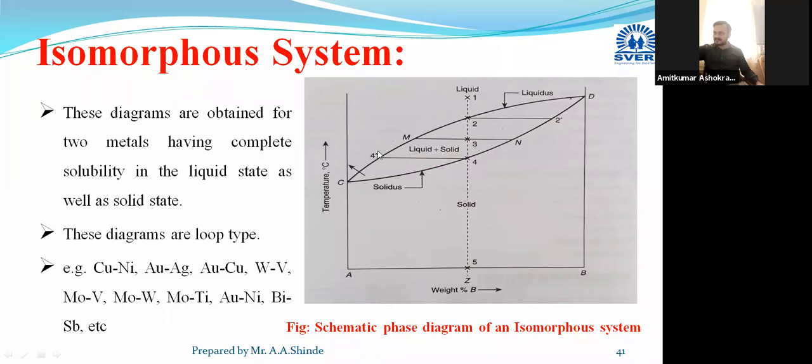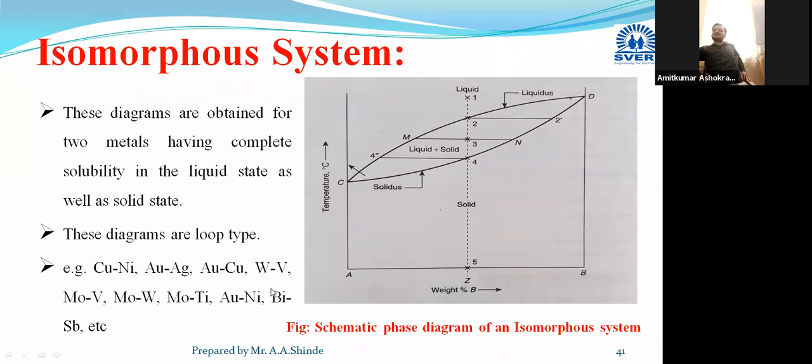Just simply here you can refer to it. A simple loop is obtained. This is the loop. A loop type curve is there. For example, a few examples I have mentioned here: copper nickel system, then gold and silver, gold and copper, then tungsten and vanadium, that is WV, molybdenum and vanadium, molybdenum and tungsten, molybdenum and titanium, gold and nickel, then